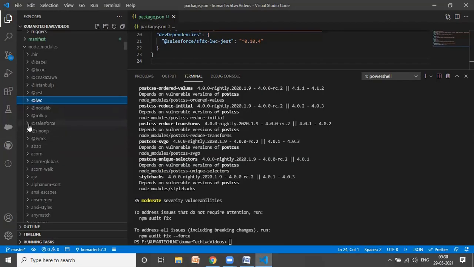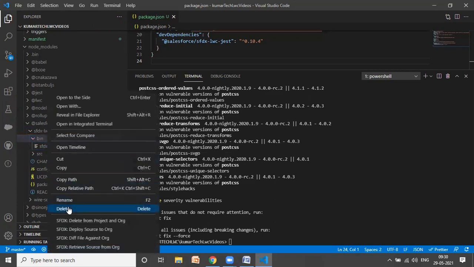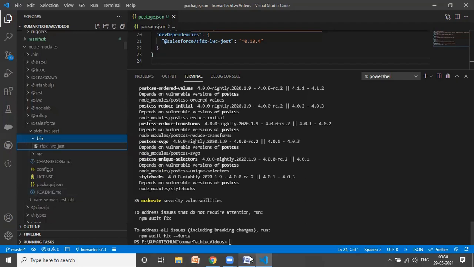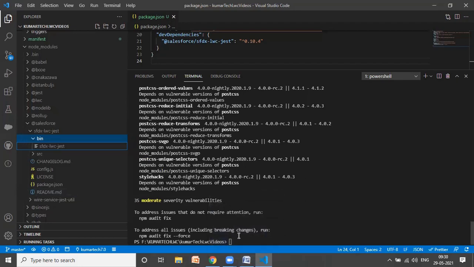Now here, sfdx-lwc-jest. Inside that go to bin, and this is the one you need to copy. Copy this path.